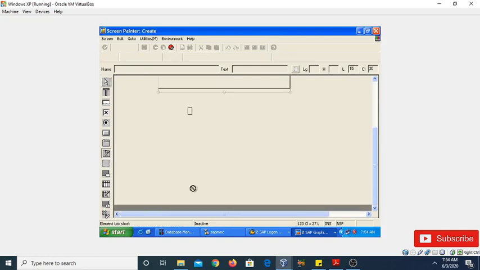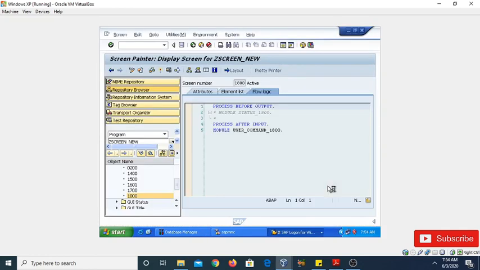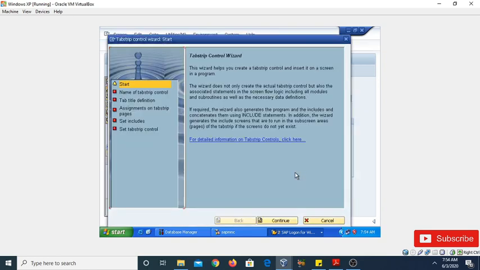By placing this tab strip wizard, it will automatically direct you to the wizard, in which there are a number of options by which you can create the number of tabs, and you can also assign the function code here. This wizard also creates the respective elements in the flow logic along with the required modules, subroutines and the data definitions.